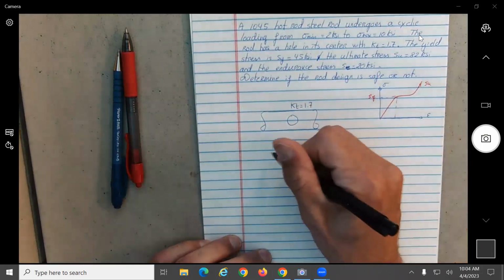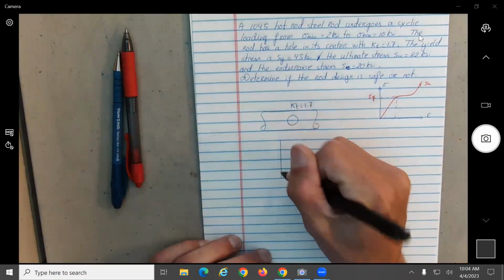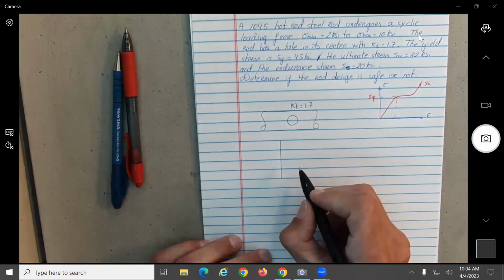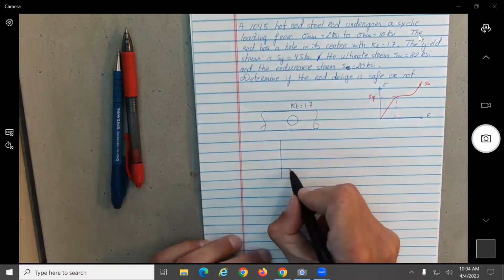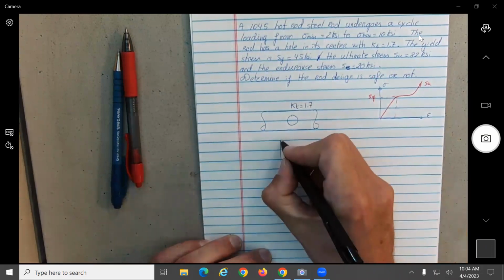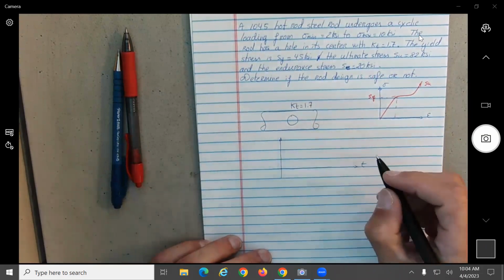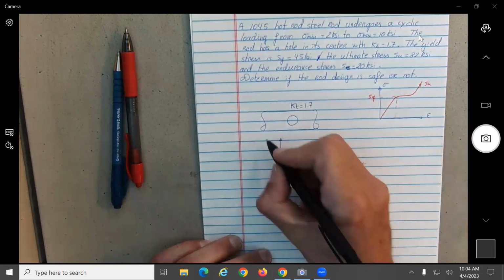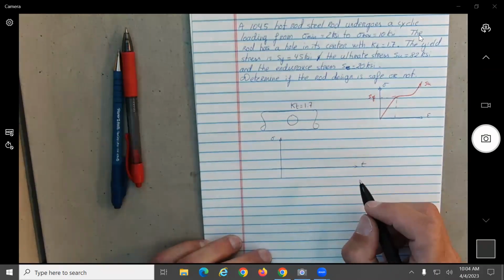Then what do we know? It is given to us over here that the minimum,